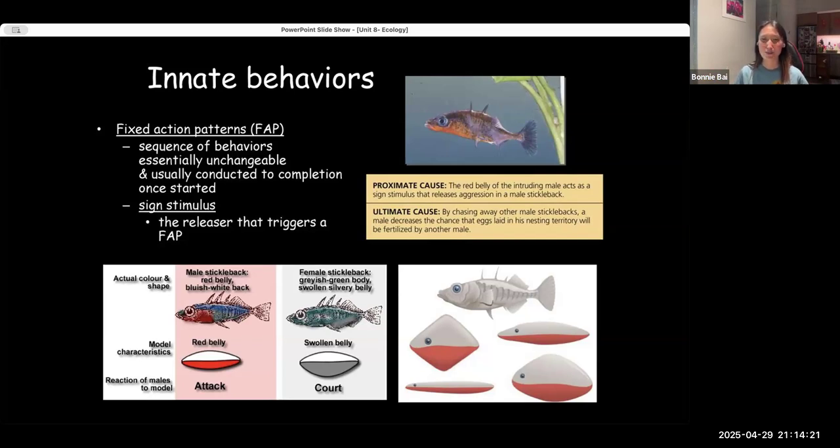So scientists did the experiment where they painted a little stick, a rock, put it in the water, and the fish started going at it. A fixed action pattern is where, even if the actual stimulus is removed, they're still in that mood. They're going to attack even though it's not the actual fish and it's not actually harmful. Versus when they see a swollen belly on the rock, they start getting attracted to it like the female stickleback, which is really interesting.